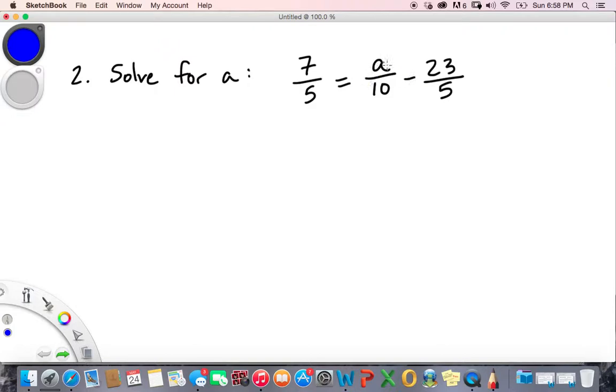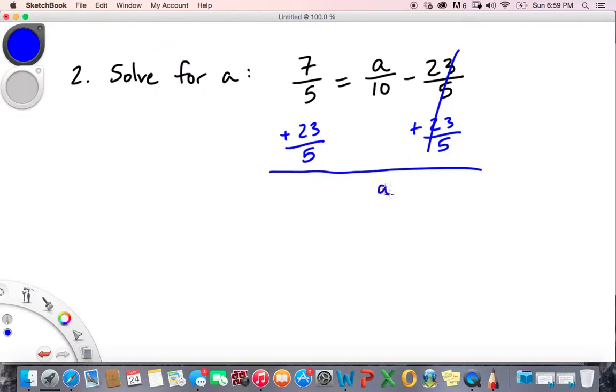According to the order of operations, if we're thinking about what operation actually happens to the a first, we do the dividing first, then we do our subtraction. Okay. So when we're going to solve for a, we do that in reverse order to undo those operations. So to undo the inverse of subtracting 23/5 would be to add 23/5. So if I add 23/5 to both sides to keep the equation balanced, that cancels that